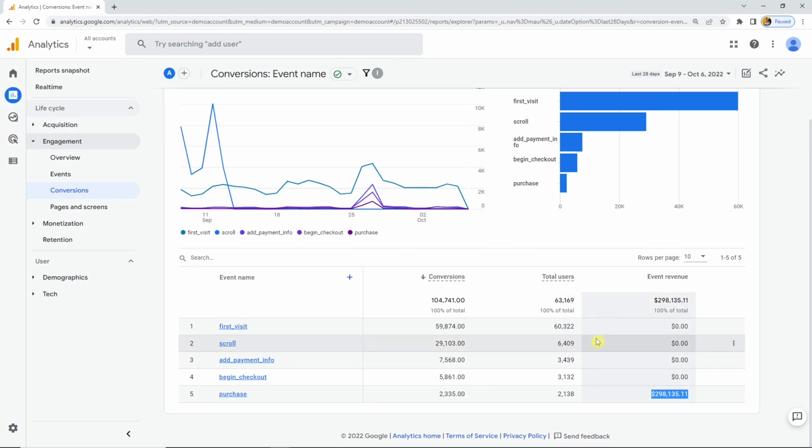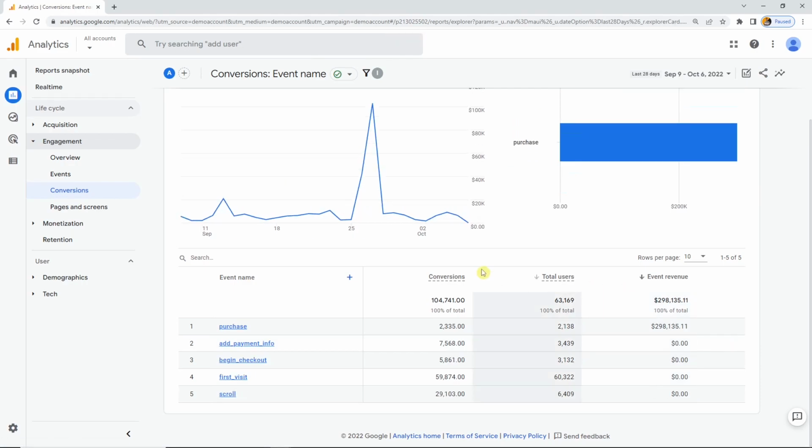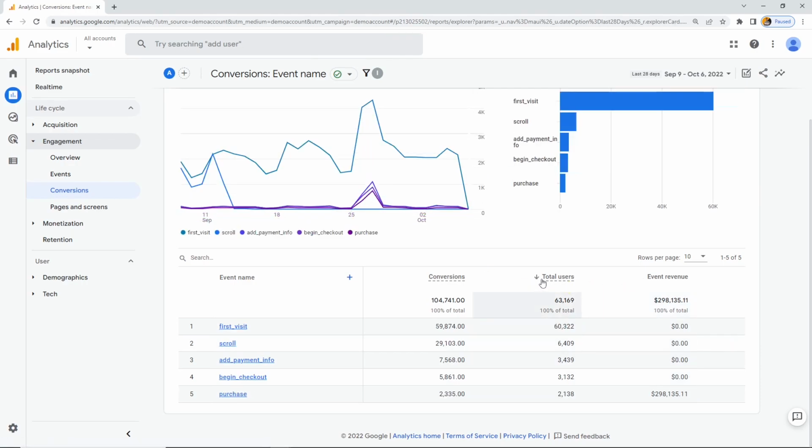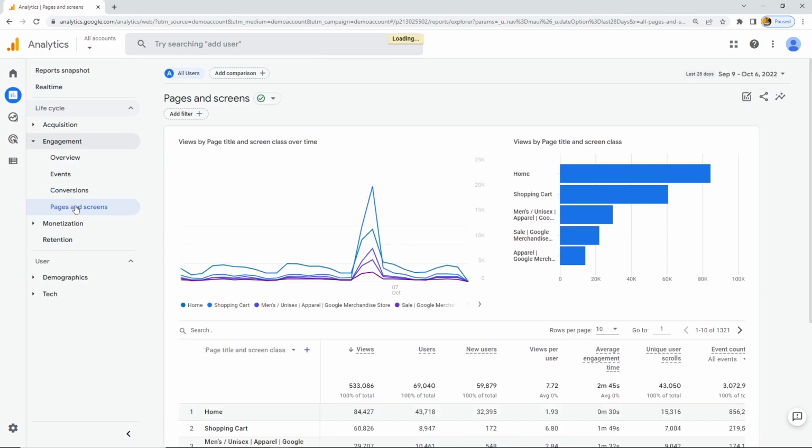So there it would make no sense to compare the revenue, but it would make sense to see the total users and also see how many made it to the purchase, and so on and so on. Last point in the engagement tab is pages and screens. Here we see the views by page title. So we see the most important pages and the pages with the highest visitors,